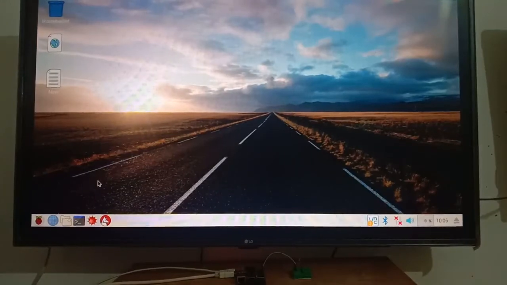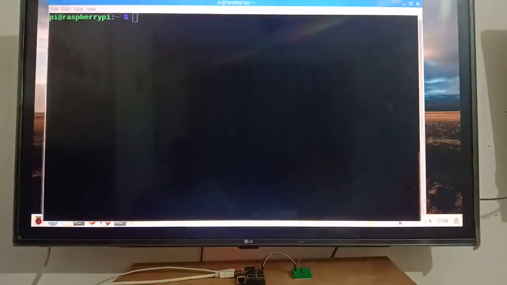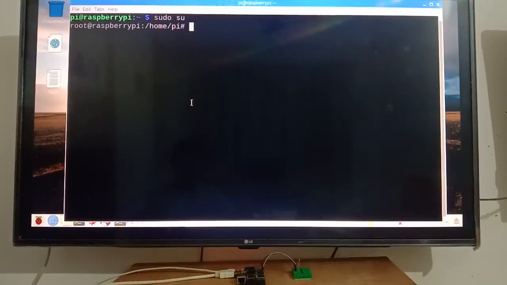Let us first see how to blink the LED using the command line interface here in Linux. To do that, you need a super user, you have to be a root user. To get that, you write sudo su, that is super user do, and you get into the root. The command prompt changed to root at the Raspberry Pi. Earlier it was pi at the Raspberry Pi, that is, we were using it as user pi. Now you are using it as user root.